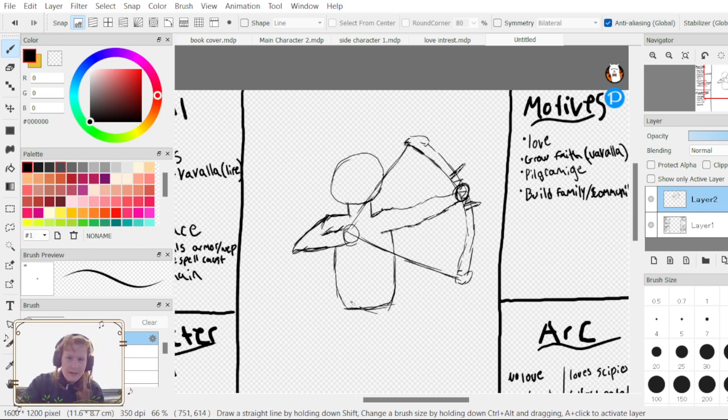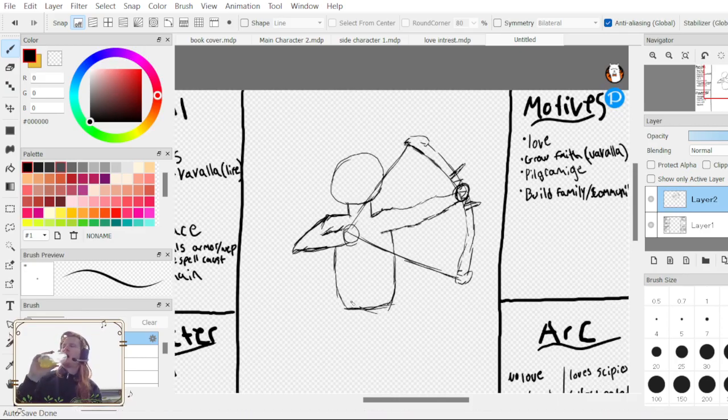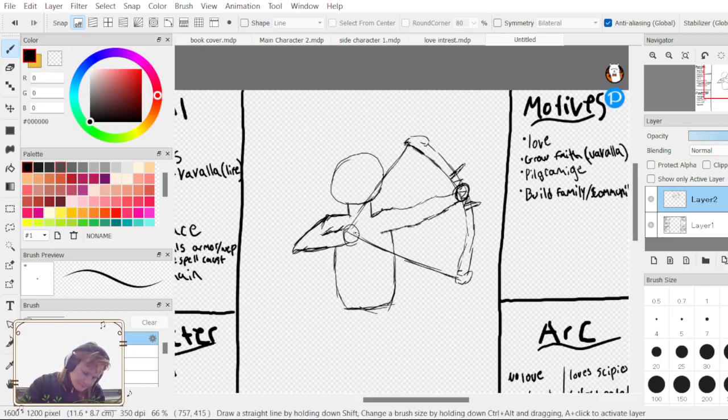That doesn't look too bad. Tilting the bow up helped a lot. Okay, then they're also going to have the arrow. Like that.